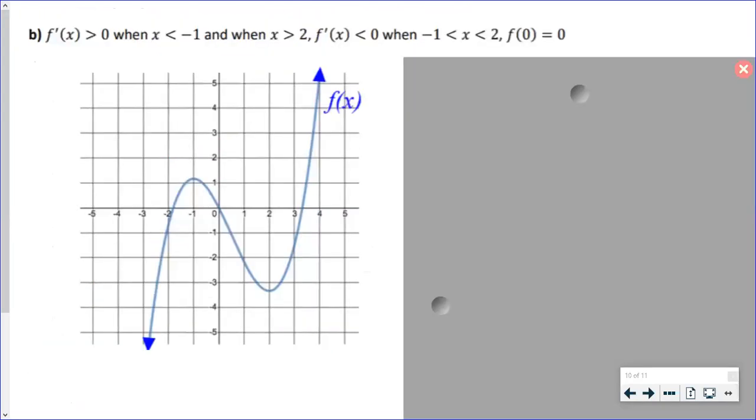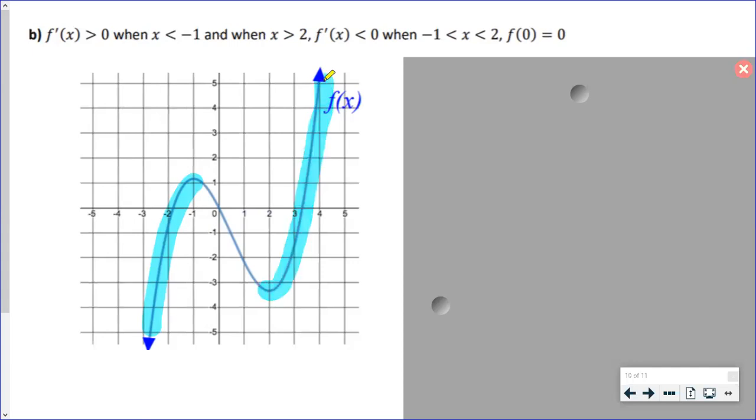We can do another example like that. F, when the derivative is above the x-axis, when x is less than -1, well, that means that our original function has to be increasing when x is less than -1. The derivative is above the x-axis again when x is greater than 2. That means our original function, sorry, not our derivative, but our original function has to be increasing again when x